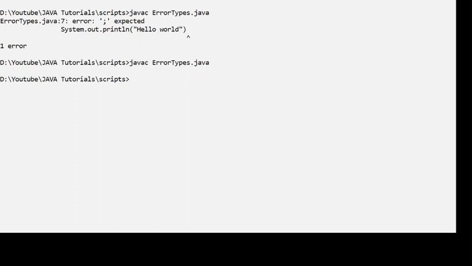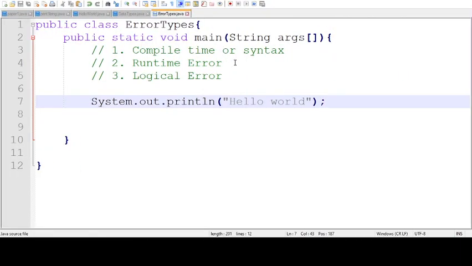Now let's discuss the second type of error, and that is runtime error. In a runtime error, the syntax of the program is correct, but you have an error at execution.